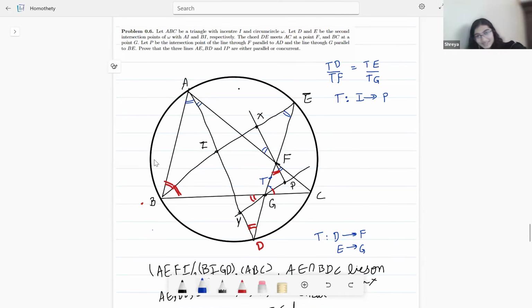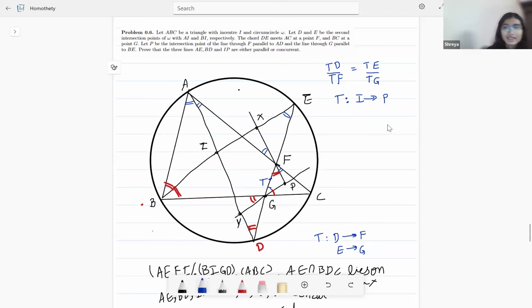First of all, is this solution clear to everyone? No. Just I goes to P. Okay, so T is the point satisfying this condition. D should go to F and E should go to G. So if we cross multiply, we get TD times TG is equal to TF times TE. Okay. So what does that tell you